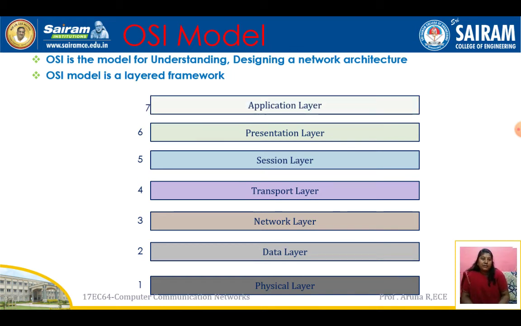So all of you please concentrate. This is very, very important because the whole computer network is dependent on these layers. In our whole subject of computer communication networks, we will be studying layer by layer what the different protocols are, what the different steps are, what the different measures are, what the different services are in each layer. So here in the OSI, that is the Open Systems Interconnection model, there are 7 different layers. The whole communication is divided into 7 layers.